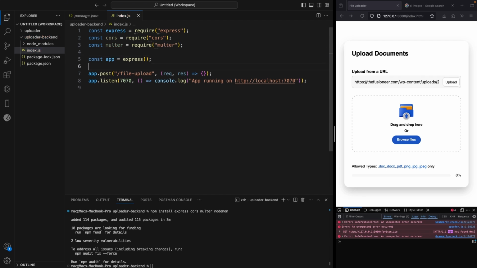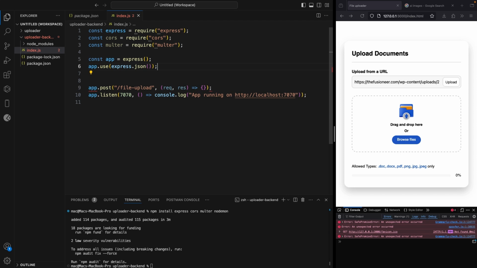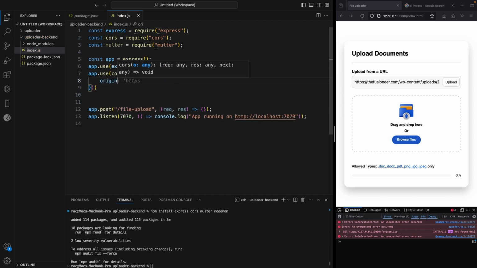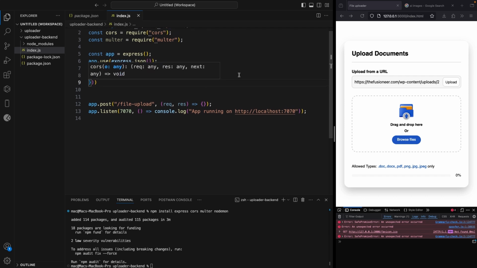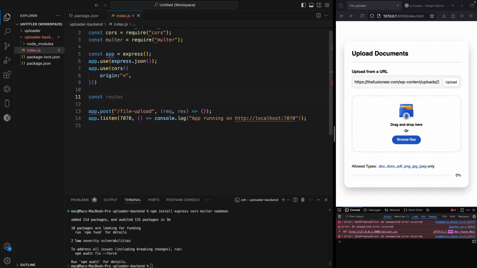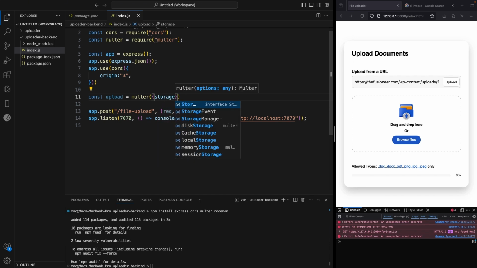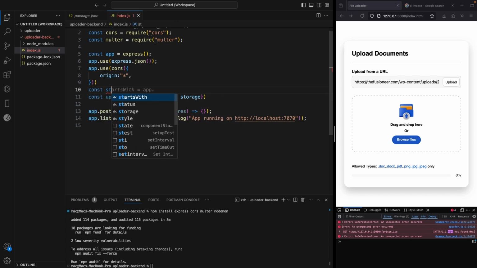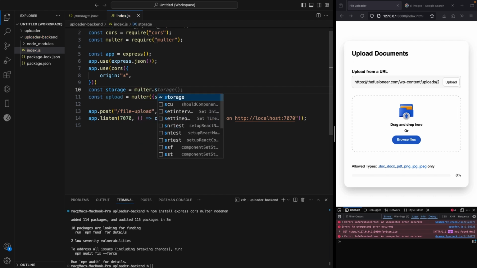So first, let's say app.use express.json and app.use cors. So cors is used to accept requests from domains. So here I'm saying origin, then I assign asterisk, which means from any domain we can make requests to this API. All right. So next, let's configure our multer. So let's create that storage. Let's say multer.diskStorage,